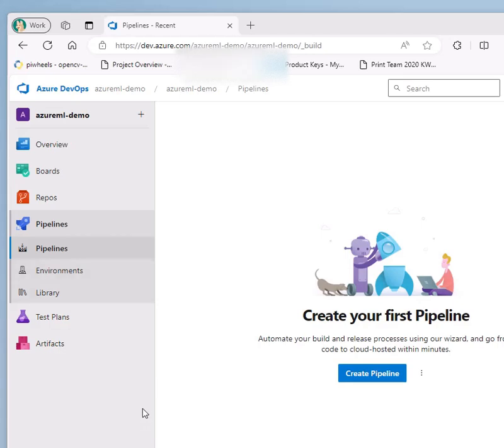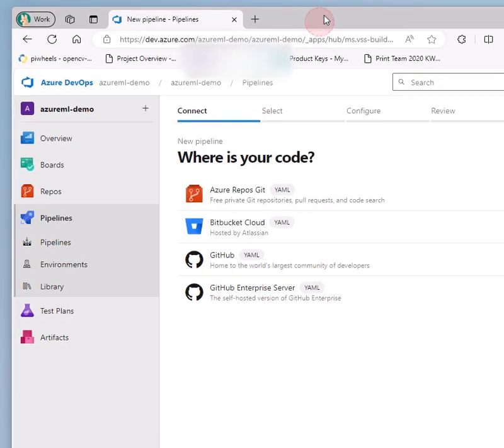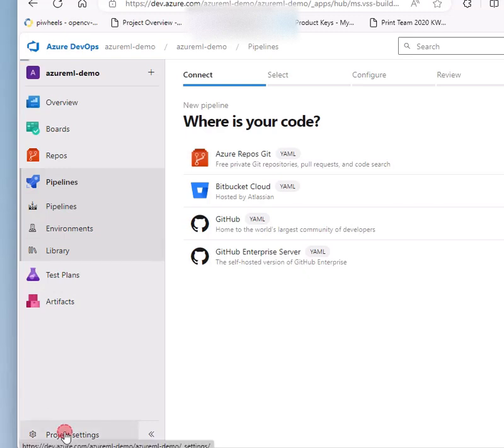Hi everyone, today I will try to show you how to enable the classic pipeline. So let's see, if you would like to create a pipeline, you cannot see the classic pipeline. And to do so, to enable classic pipeline, we have to go to the project